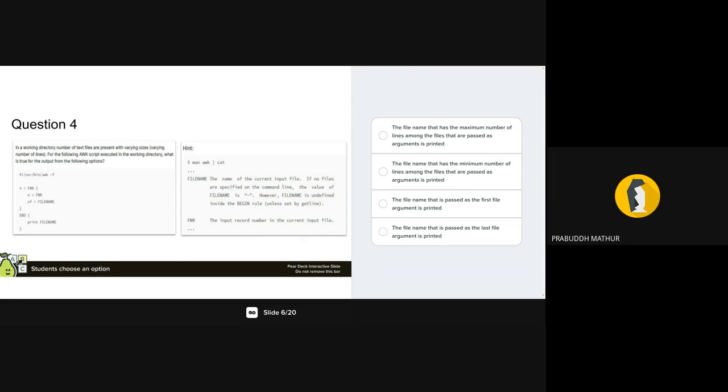So we can move on to the next one. If we want to find the file with the least number of lines, will it initialize to a greater value? You don't have to initialize. You just need to change that less than to greater than. It will be implicitly defined. You don't have to initialize it in the BEGIN block. You can, but the logic won't be hurt.